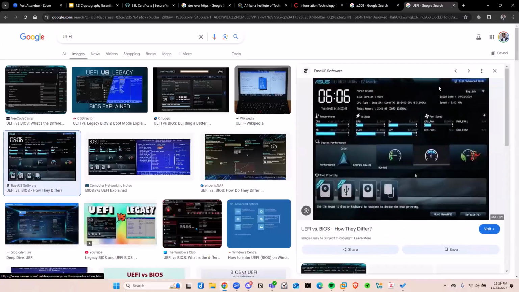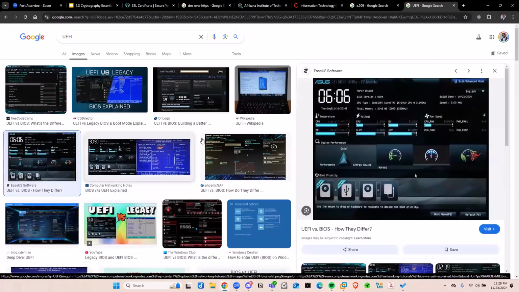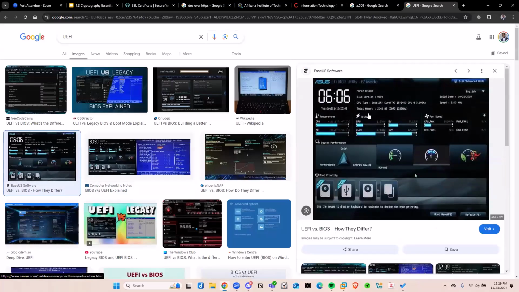This is the firmware, we call it. It's basically the program that runs your hardware in your computer. We used to call this a BIOS, and the BIOS is the blue thing you're looking at here. But UEFI is the newest version of this. This is the program that gets all your hardware ready before your computer can turn on, before your computer